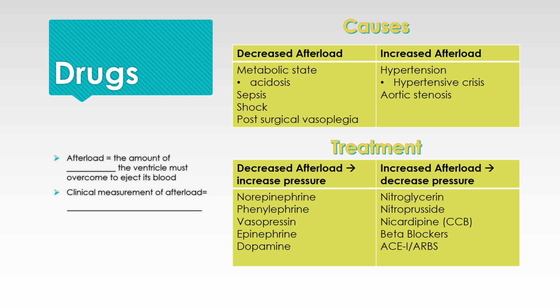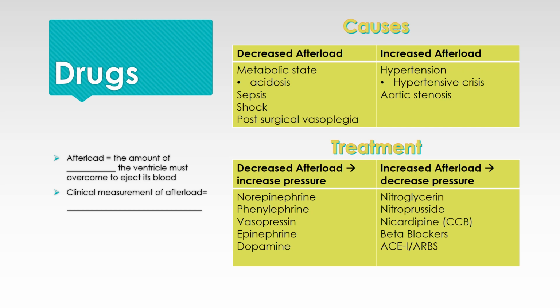Treatment. Again, let's just make this simple. So if we do not have enough pressure, we need to increase the pressure. So if we are dilated, we need to constrict. How do we constrict? Well, we use certain medications like norepinephrine, which is Levophed, phenylephrine, which is Neo, vasopressin, epinephrine,